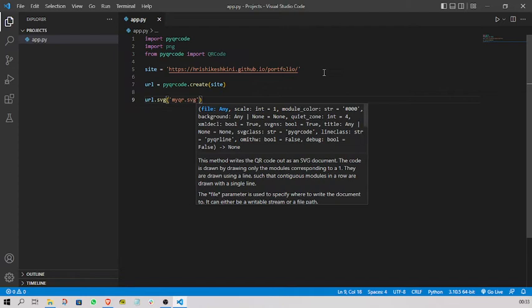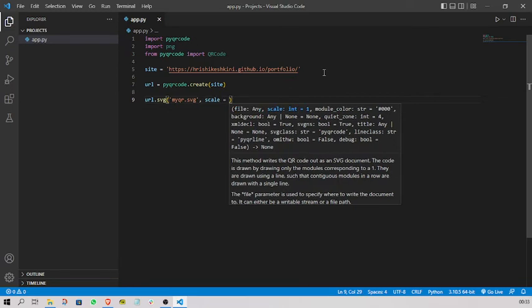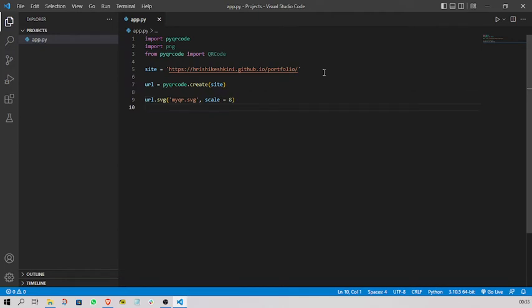and we also need to mention the scale of the image. So let's assign scale equal to 8. You can play with any number. Also we will save the image in png format also. So url.png